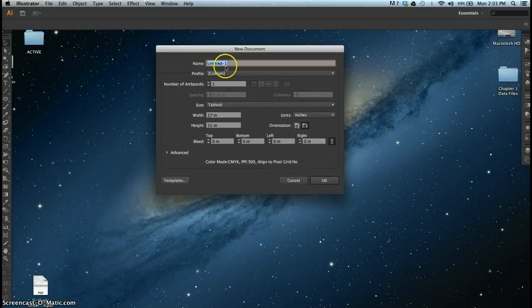This new document window, of course, has a ton of different things for you to choose from. But first of all, we're going to specify the number of artboards that we're going to be working with. Right now, I'd like to just keep it at 1, keep it simple, because we're going to be focusing on the outer edges of your working space. So the name of this will be test.ai